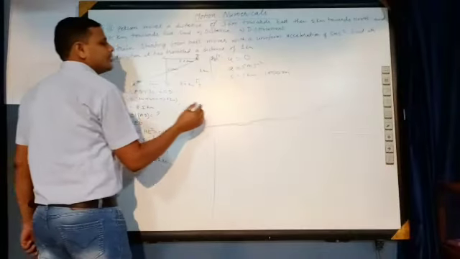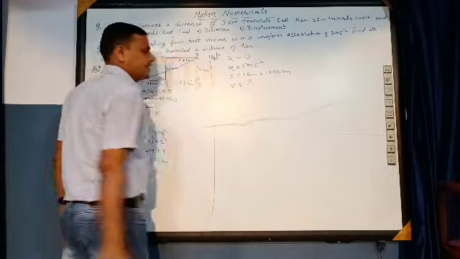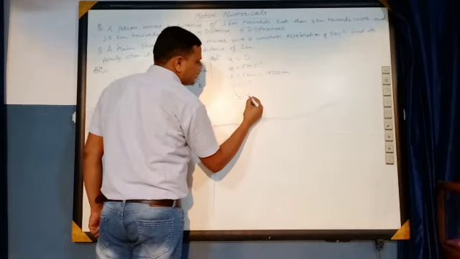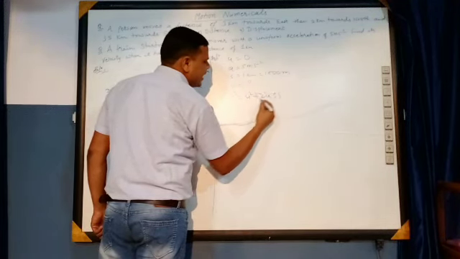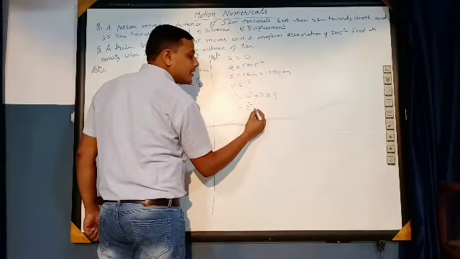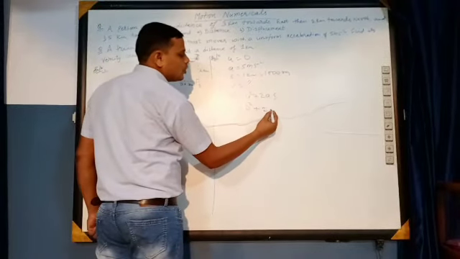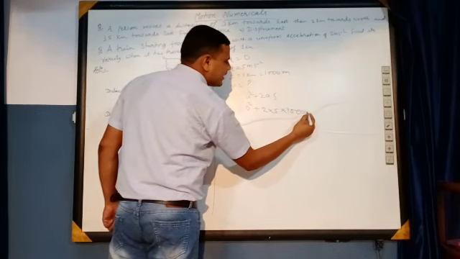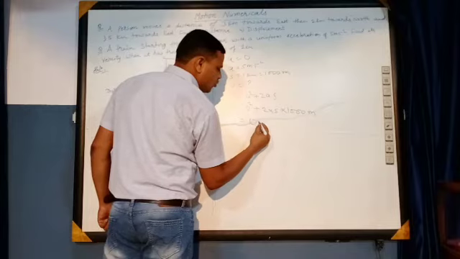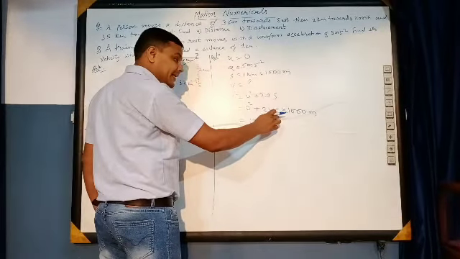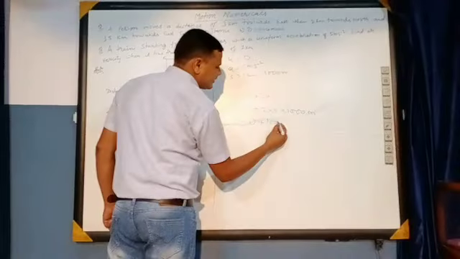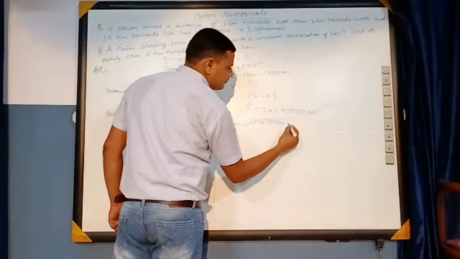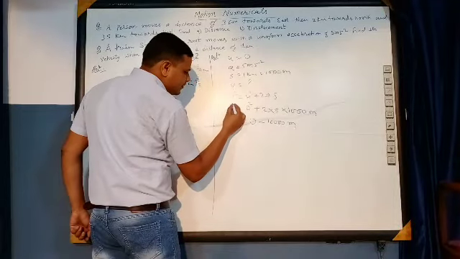So what we have to calculate? We have to calculate velocity, and we know the formula to find velocity, that is v square is equal to u square plus 2as. What is u square? U is 0, so 0 square plus 2. What is acceleration? 5. What is distance? 1000 meters. So we can say 0 plus 2 multiplied by 5, 10. 10 multiplied by 1000, that is 10,000 meter. It is v square.